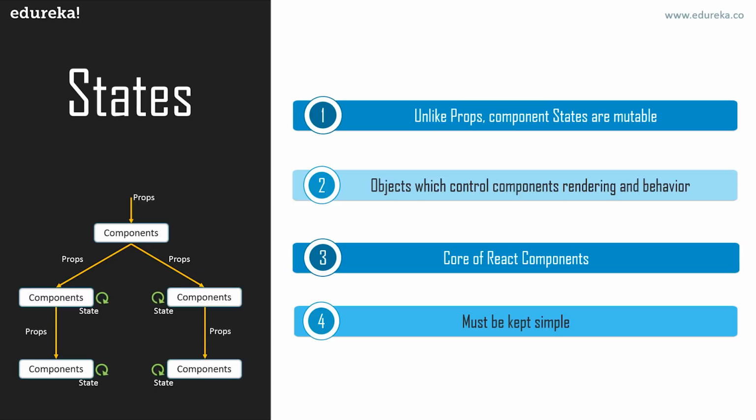This is the definition of state, you can say. So state is local, it should be very simple in nature, and mutable data which can be created and modified within the component. Now what is the use of having the local data, or you can say local state? Having local data that can change within a component increases complexity and limits the composability of the component. So when we talk about props, we have data which flows from one component to another component. But the problem with this is that it can change within the component and can increase the complexity, and also limits the composability of any component.